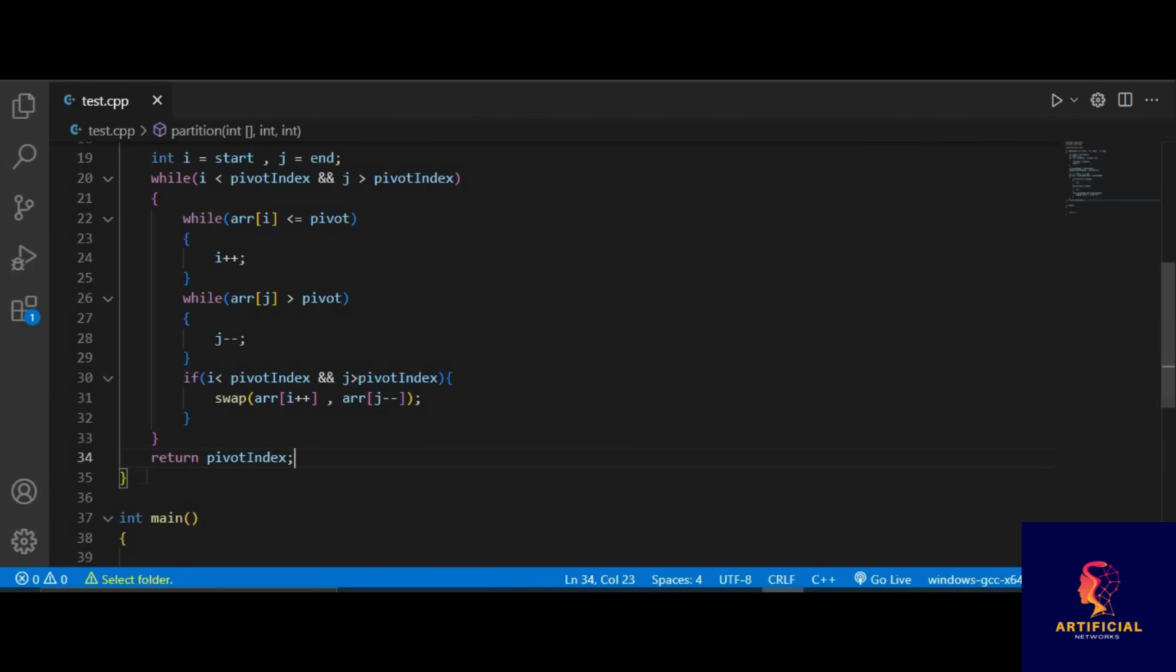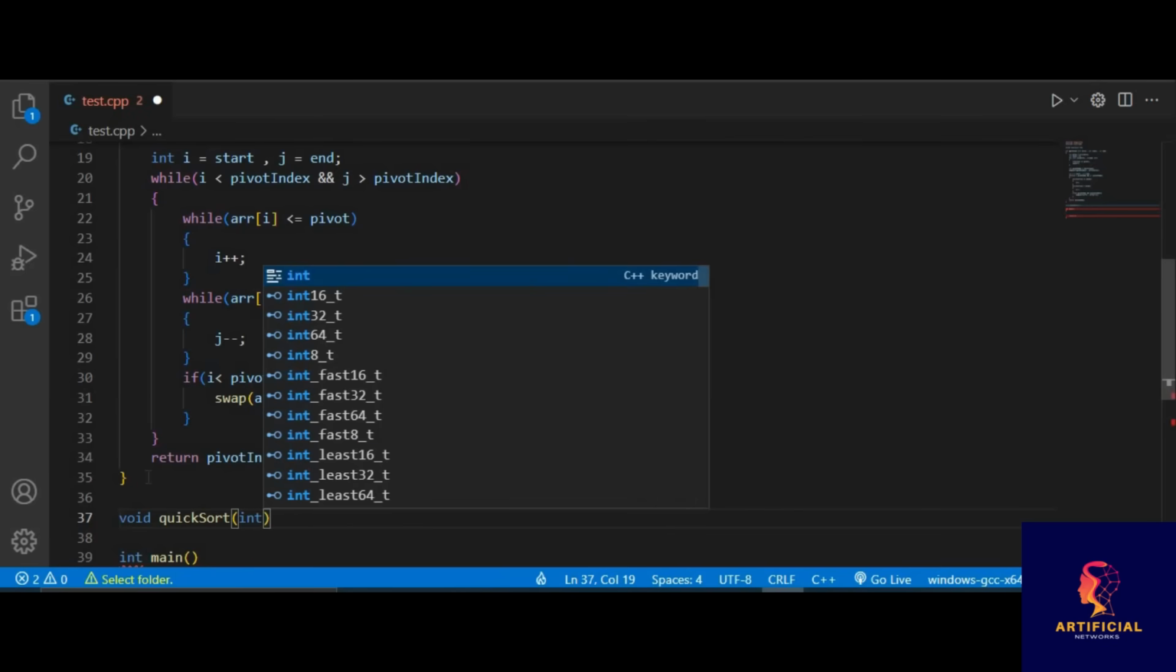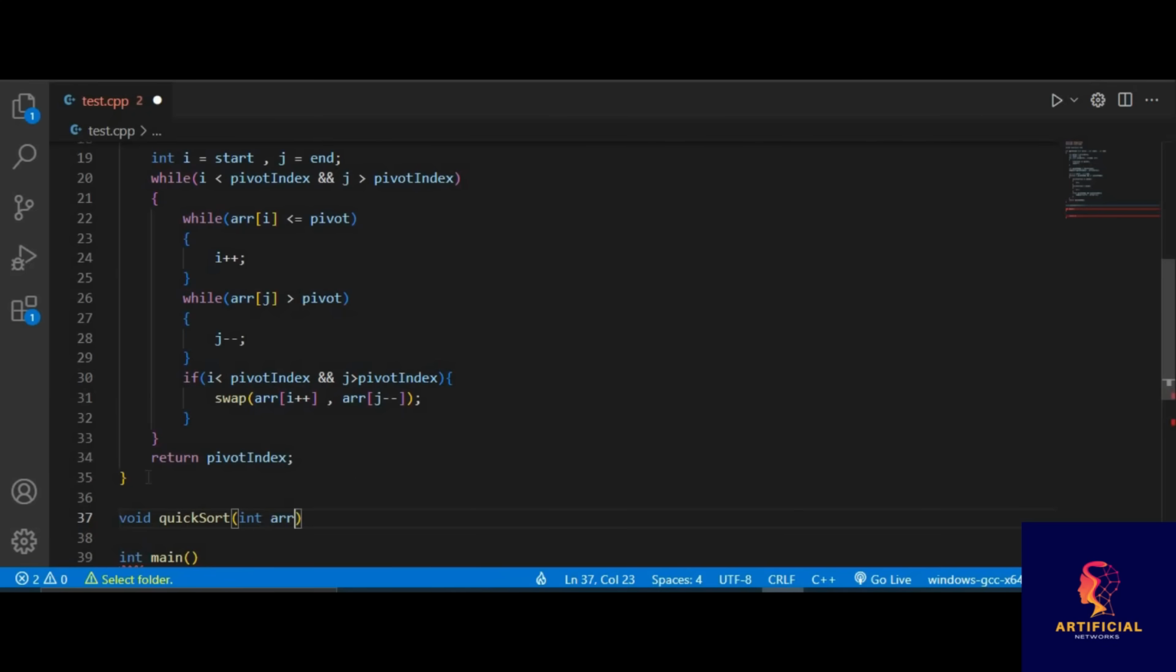Now we will write our function for quicksort. It will accept 3 arguments. First one will be the array, then we will have our start,